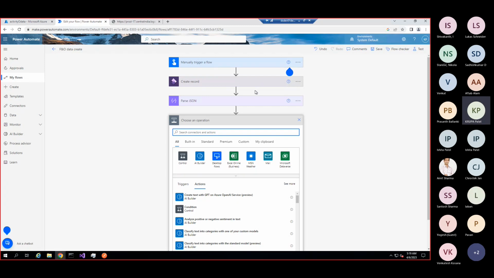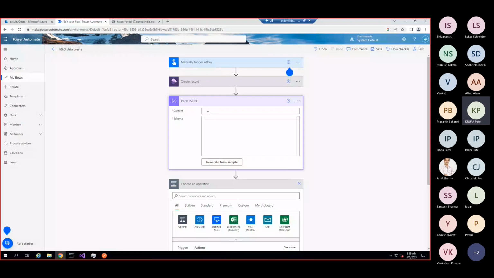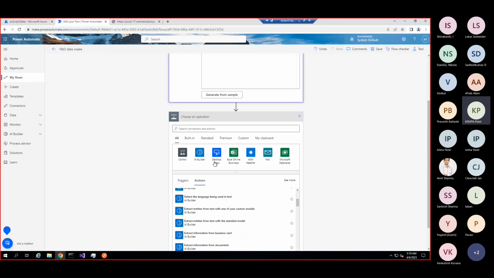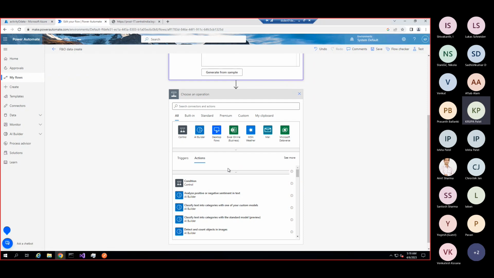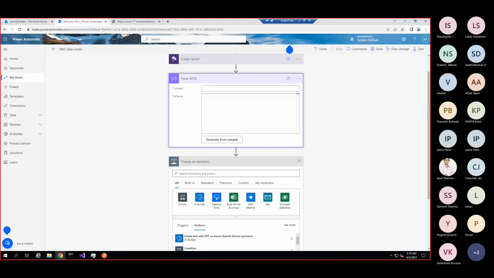So here you can see my screen, right? Here you need to pass the content, and here you need to pass the schema of your JSON file. And by clicking on the new step, that will ask for the details that you want to pass.